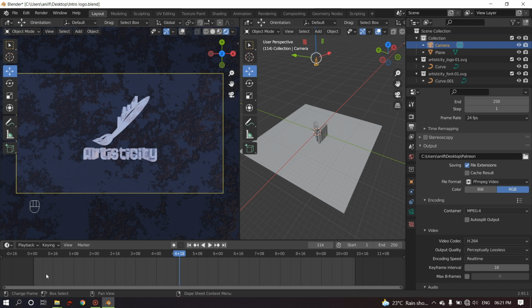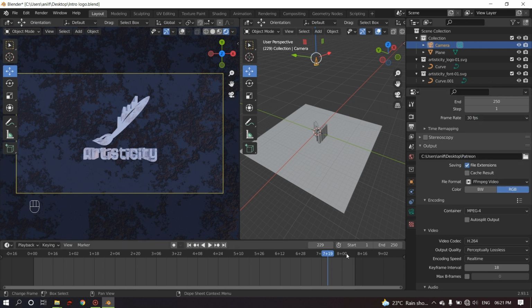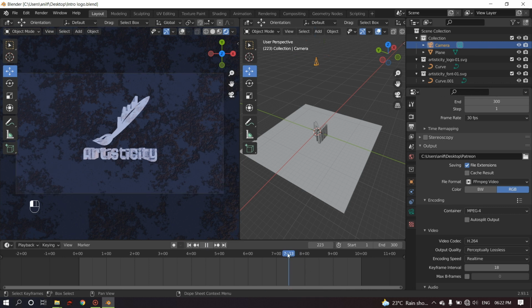So now this animation timeline is above 10 seconds. So when you change it to 30 frames per second, this changes to 8 seconds. So be careful of that. We need to change it to 10 seconds, the end frame, that is 300 frames. Control S to save. Next, for the animation, let's keyframe the camera at about 7 seconds in the animation, and